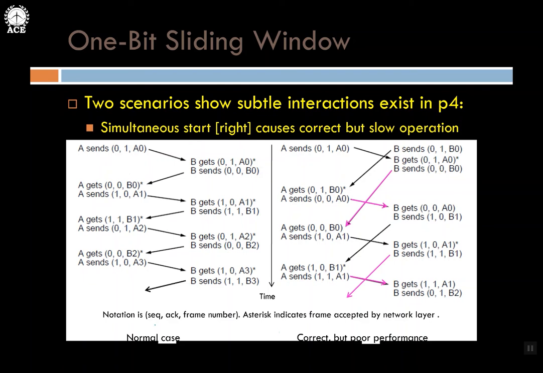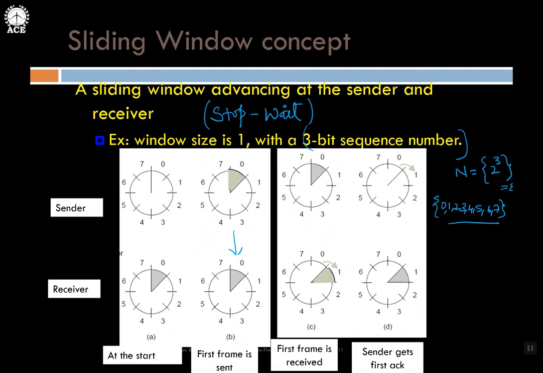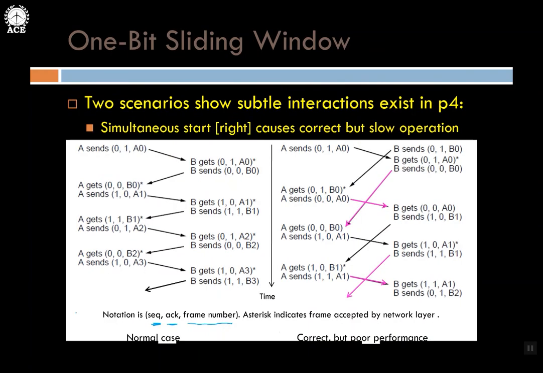Kindly see the format of the frame. I will have a sequence number, an acknowledgement for piggybacking, and the actual frame number. Frame number can be different from the sequence number. Frame number can be 5 while the sequence number can be 0. We have seen that in the previous slide. Again check it. So frame numbers can be 0, 1, 2, 3, 4, 5, 6, 7. But the window size is only 1, meaning it is permitted to send only 1 frame at a time.